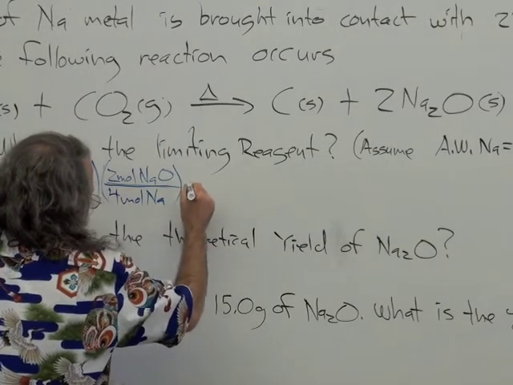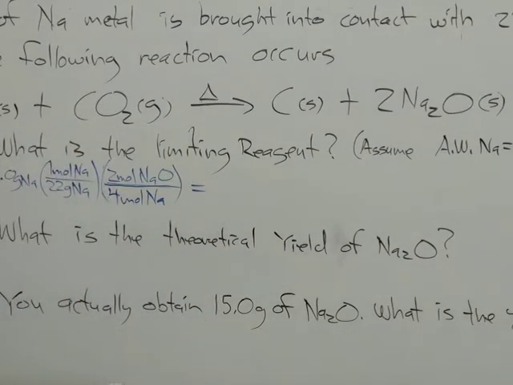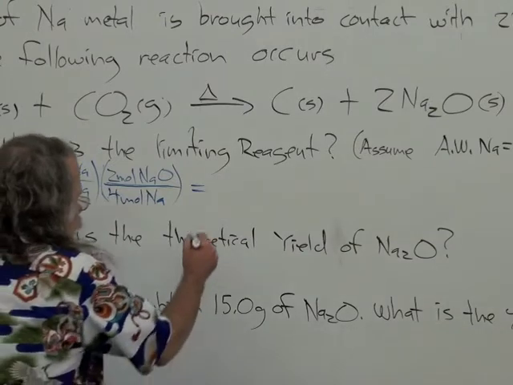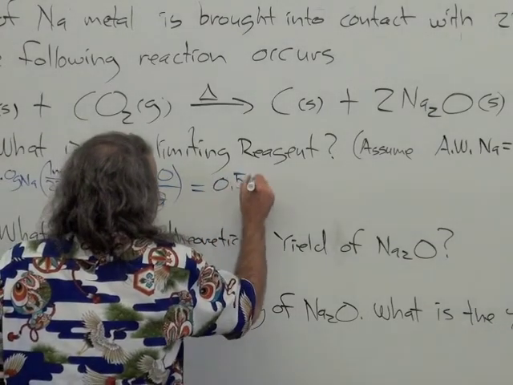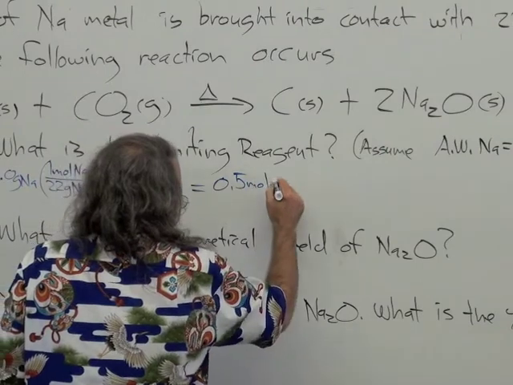And that's going to be equal to, so I got 22 divided by 22 is 1, right? Okay, and so 1, and now 2 divided by 4 is what? 1/2, or 0.5, equals 0.5 moles of